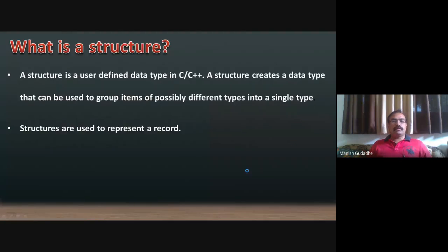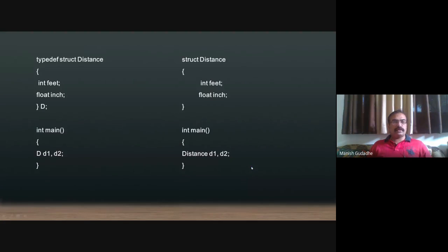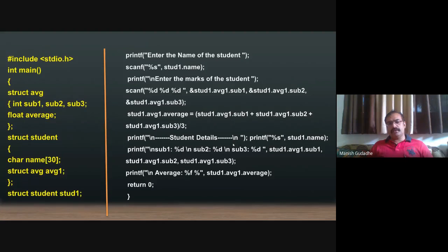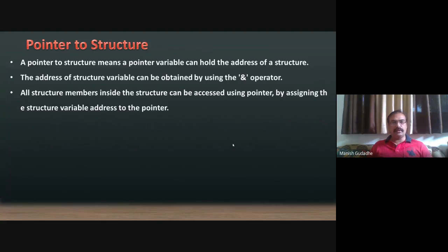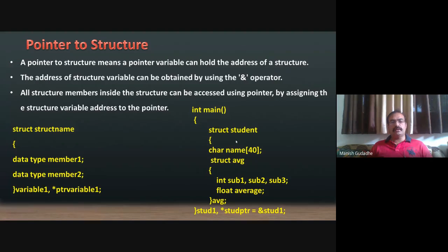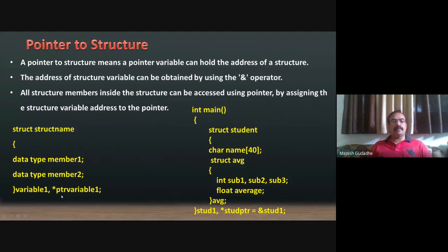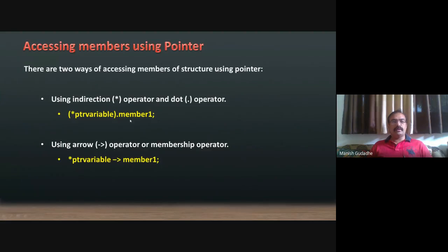Okay. So we have seen that structures are available to prepare our own or user defined data type, which can cover heterogeneous data types together, which is very different than the array we are using. You can even use an array within a structure also. We have also seen in the last lecture the pointer to a structure, where we declare a pointer to a structure, and with the arrow operator, or dot operator and indirection operator together, we can access the members of that particular structure using pointers.